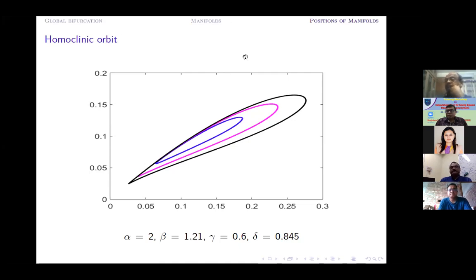Okay, thank you, sir. The next question is, could you please say something about the basic understanding of Bogdanov-Takens bifurcation? The basic understanding is that it is a point of intersection of the saddle node bifurcation curve and the Hopf bifurcation curve. That is the simplest and basic understanding about the Bogdanov-Takens bifurcation.